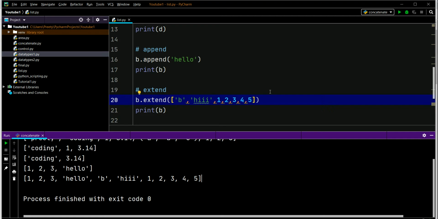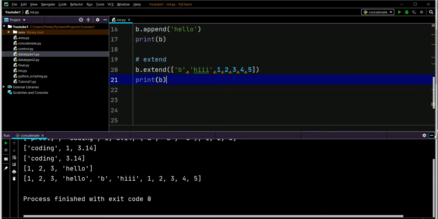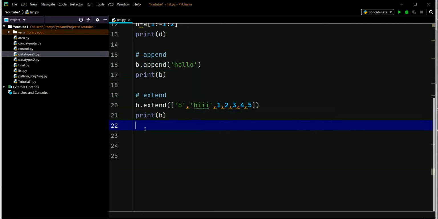So this is the basic difference between append and extend. Through extend you can add multiple values, and through append you can only add a single value at a time. But extend also takes a single parameter only, but that single parameter is in the form of a list, and inside the list you can pass multiple elements.